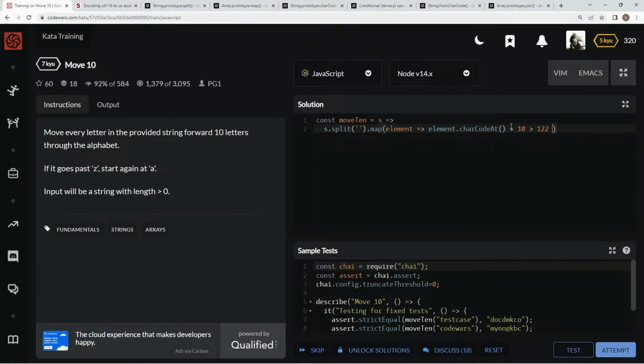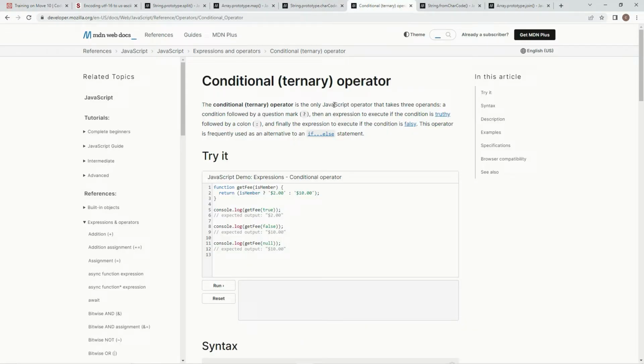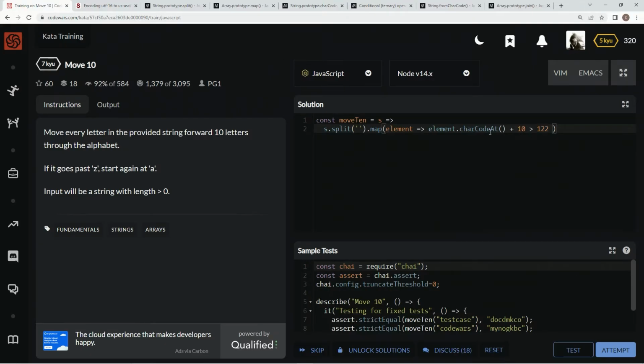122. Now we're going to use a ternary operator to do a one-liner, like a concise if-else statement. If you don't know what the ternary operator is, it's the only JavaScript operator that takes 3 operands: a condition followed by a question mark, then an expression to execute if the condition is truthy, followed by a colon, and finally the expression to execute if the condition is falsy. This operator is frequently used as an alternative to an if-else statement. So basically we're saying if it is greater than 122, what we're going to do is say,